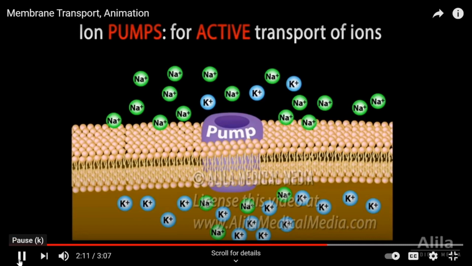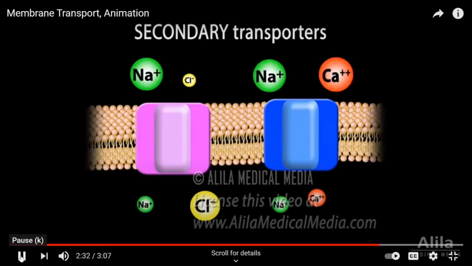Transporters or ion pumps. These are transmembrane proteins that pump ions against their concentration gradient using cellular energy, such as ATP. Most notable example is the sodium-potassium pump, which maintains the resting potential in neurons by pumping 2 potassium in and 3 sodium out of the cell. Another type of ion transporters, known as secondary transporters, do not use